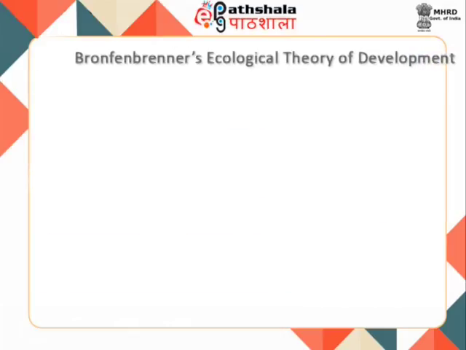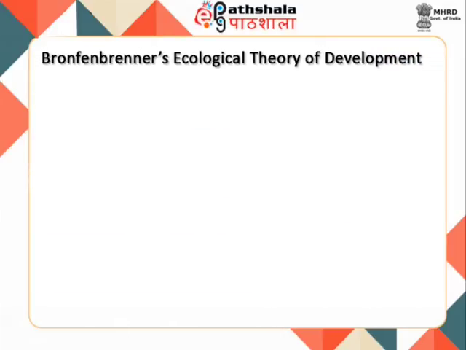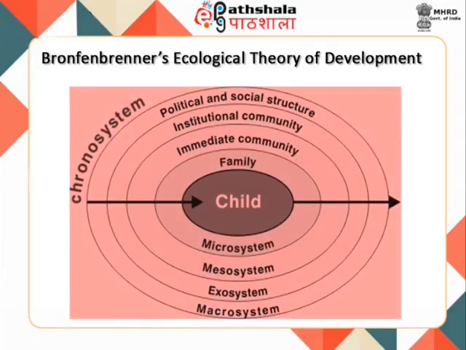Various environmental contexts illustrated by Bronfenbrenner are the microsystem: one's family, school, neighborhood, and peers; the mesosystem: interaction among various microsystems; the exosystem: social settings in which the individual does not play an active role but is affected by its decisions; the macrosystem: the culture in which one exists; and the chronosystem: the socio-historical events of one's lifetime.